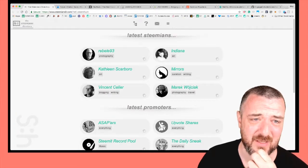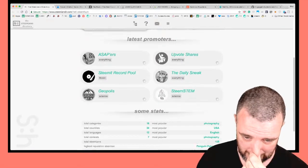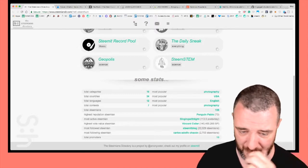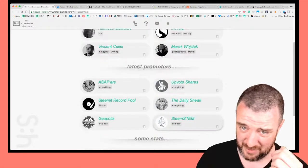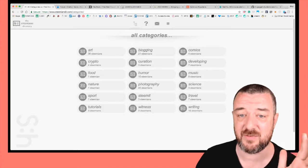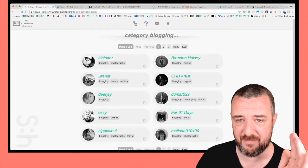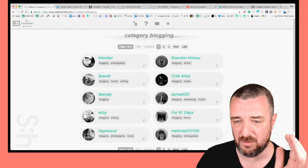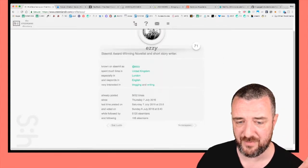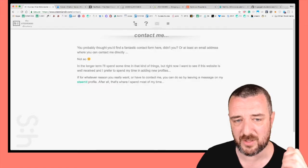Next up, the steemian-directory. The steemian-directory. I have never seen this before. Kind of cool. I don't know who's made this. Anon Y Voter. Check out my profile on Steem it. There seems to be a ton of data here for Steemians. There seems to be a categories section, so I presume these are based on tags, and I'm not sure how these are put together. I wonder if you can submit to be in a category. I don't know, but I kind of like the design. Kind of needs a little bit of work, but